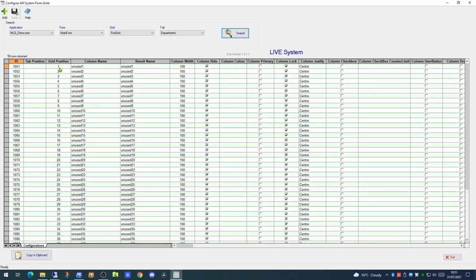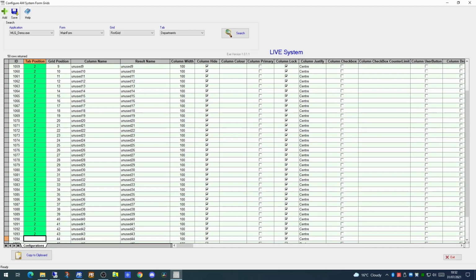Now at the moment everything is unused. If we create the columns we want to display on the screen, and we will unhide this one, and we will mark all these as being in tab 2. Now we're not going to use 50 columns in this particular tab, but it's set up for 50 anyway. So we'll make this slightly wider, and at the moment we'll leave it as locked and we'll leave it as centered. So if we save this now,